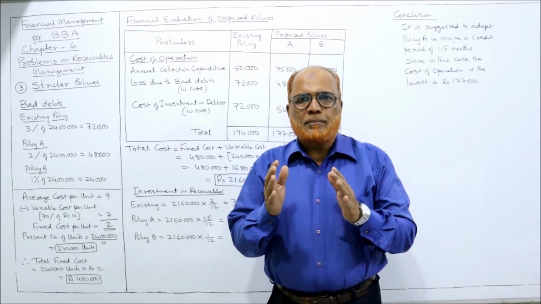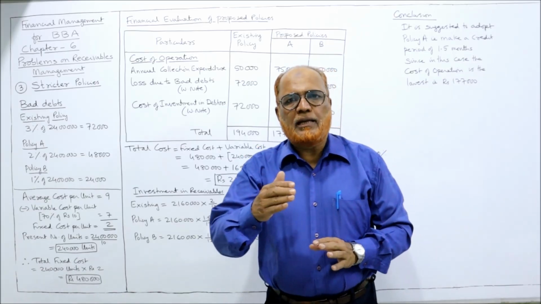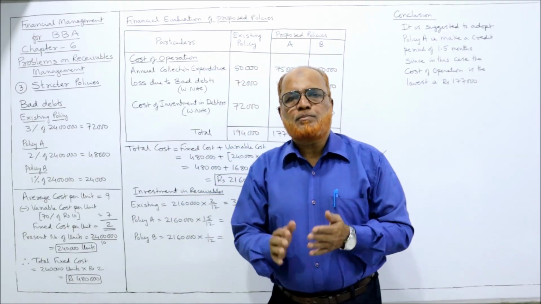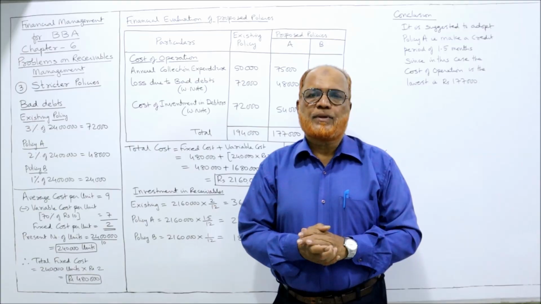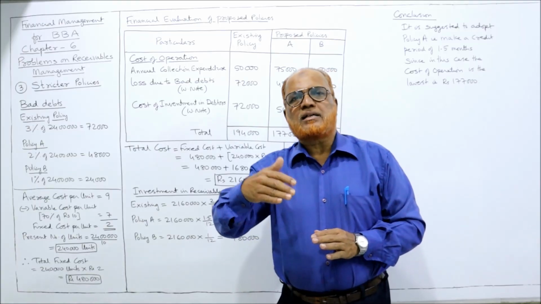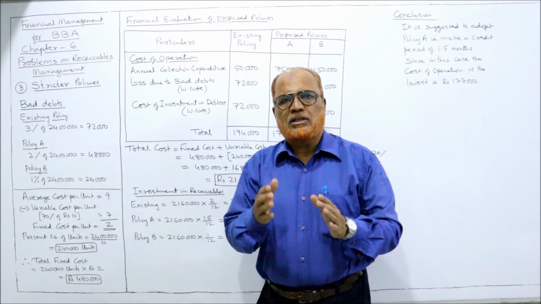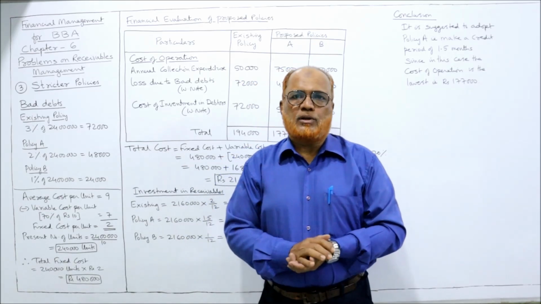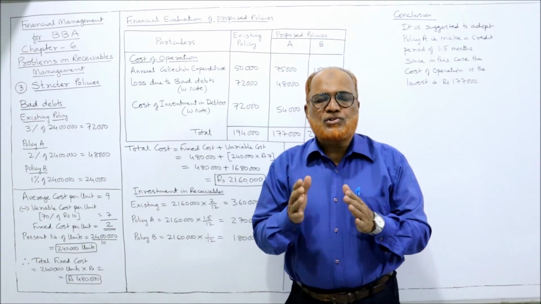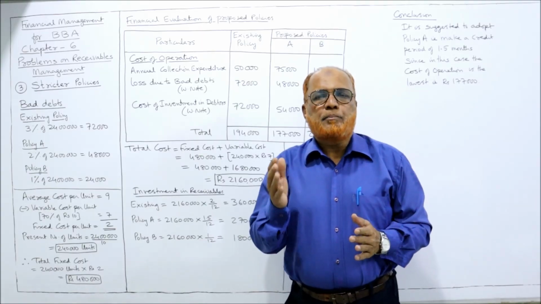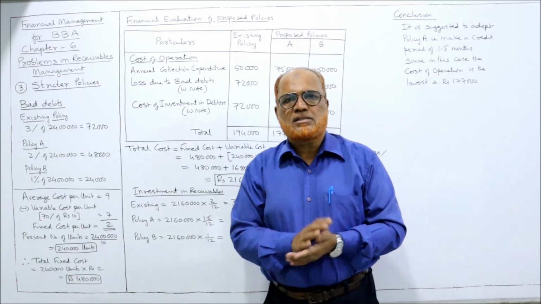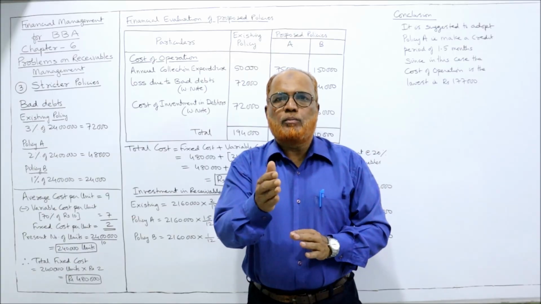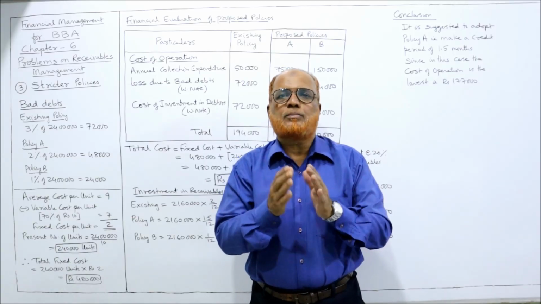That means the credit policy may be liberalized or it may be stricter. Liberalized policy means presently, suppose 1 month is given, and now the business wants to extend the credit period to customers to either 2 months, 3 months, or 4 months. This is called liberalized policy. And the second is stricter policy. For example, presently the business gives a 3-month credit period, and now they want to reduce the credit period to 2 months or 1 month. This is called stricter policy.